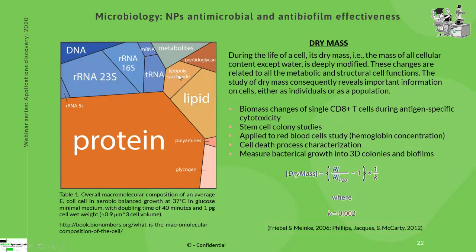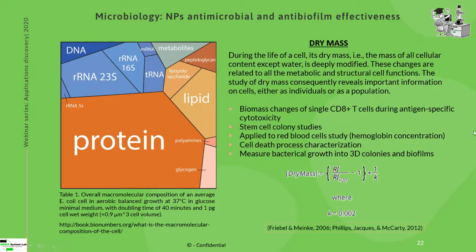And indeed, when you measure dry mass, it's everything together. So you have a precise number of the picogram of material of this kind of macromolecules. And why is it important knowing the biomass, or why is it important having the dry mass? In this case, when you are studying T cells, you know their biomass changes when they become specific. When you study stem cells, when a colony changes its properties and they're going to differentiate into something, they